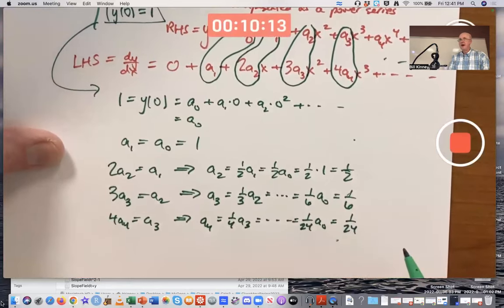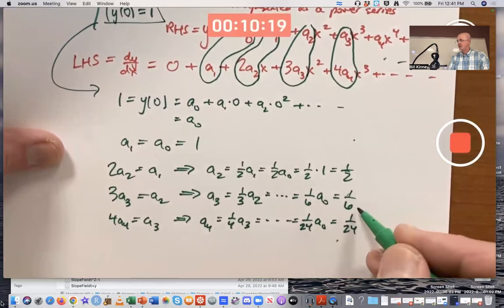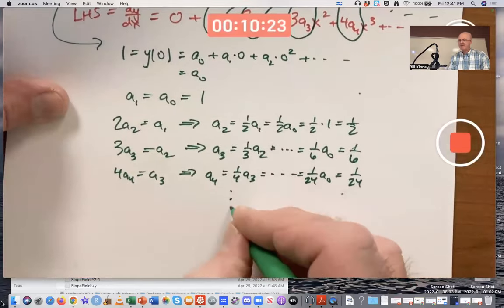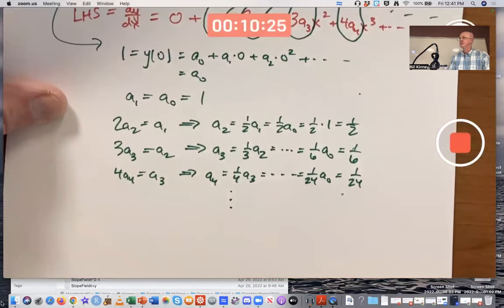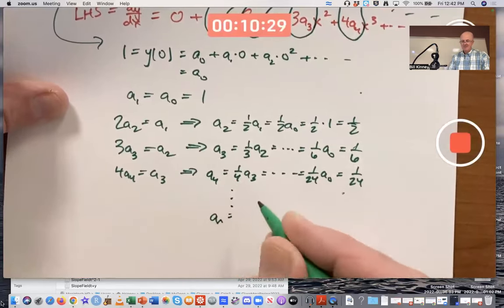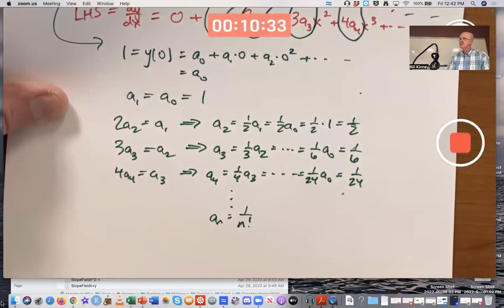I think I'm seeing a pattern, do you? 2 is 2 factorial, 6 is 3 factorial, 24 is 4 factorial. I'm not proving it, but that pattern does continue. An is 1 over n factorial. And therefore,